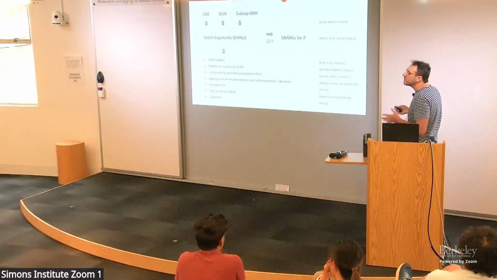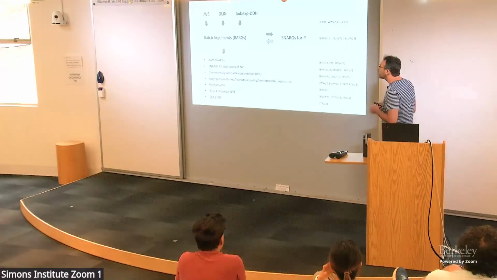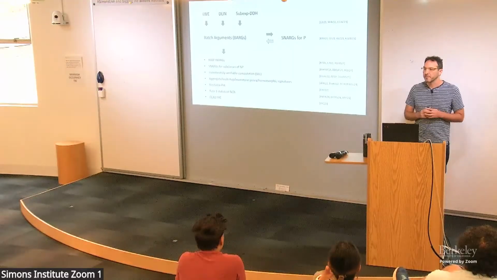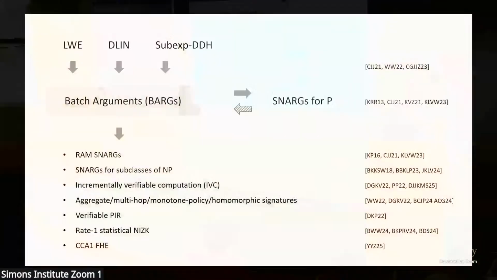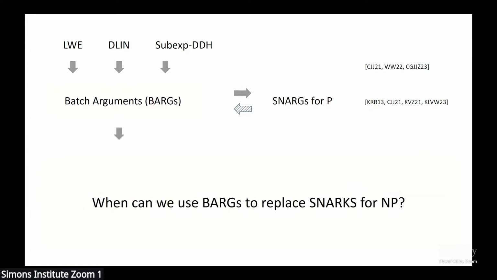So one thing that all these applications have in common is that we can achieve them if we're willing to assume SNARKs with knowledge soundness for NP. The downside here, of course, is that currently we don't know how to construct SNARKs from any falsifiable assumption. So really the interesting question in this area is,